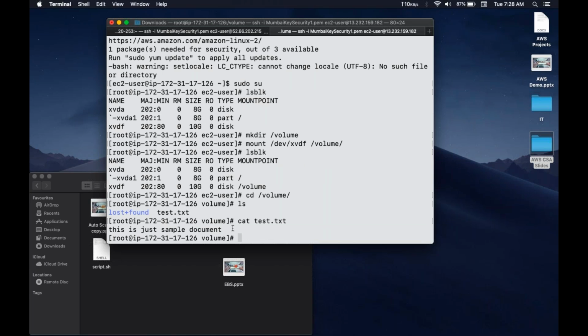Mm-hmm. Is it fine, or am I going too fast? No, that's fine. This looks like EC2 is more operational, for operations guys. Yeah,